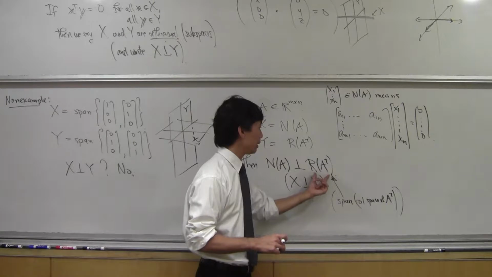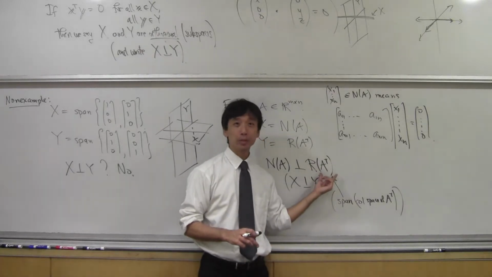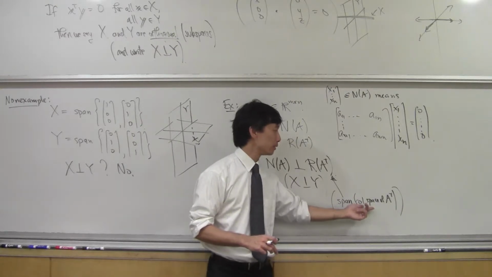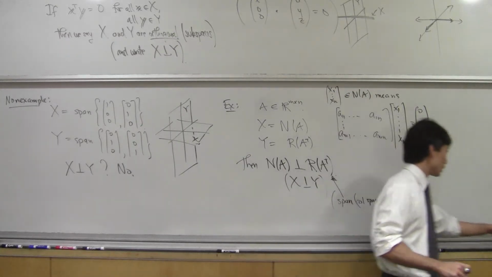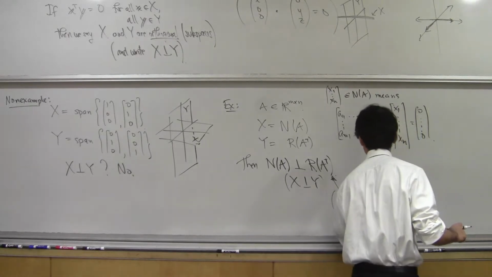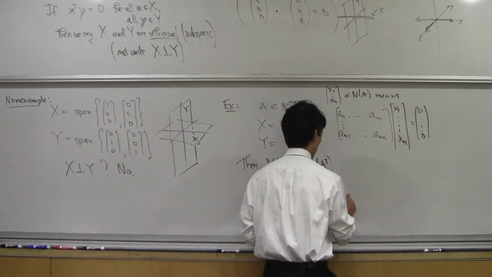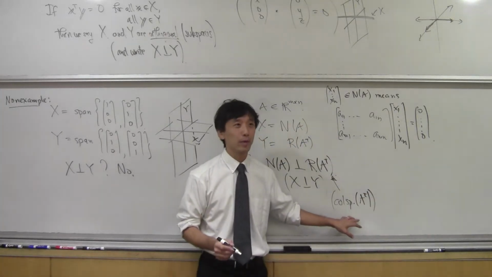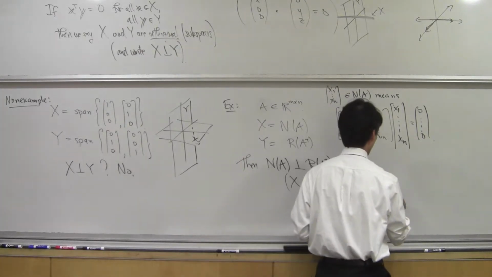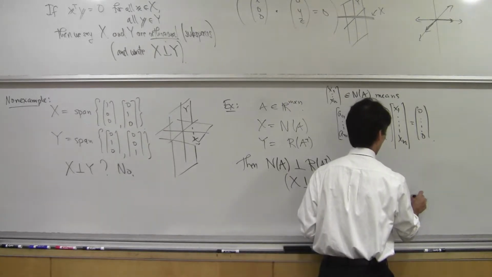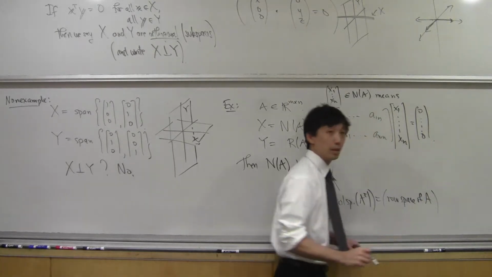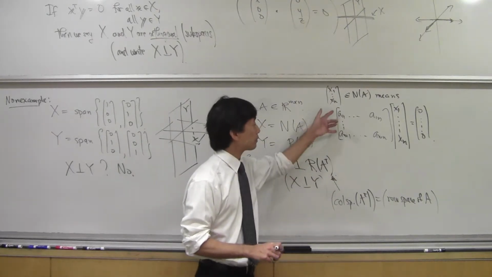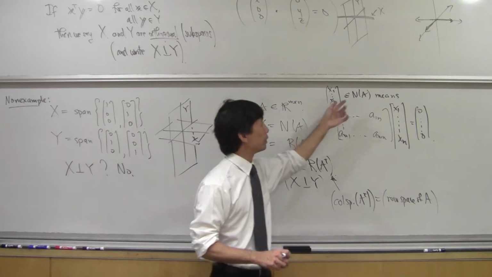Now the range of A transpose is the column space. It's the column space of A transpose, right? But that's the same thing as the row space of A, right? And so what you see is that if you're in the null space of A,